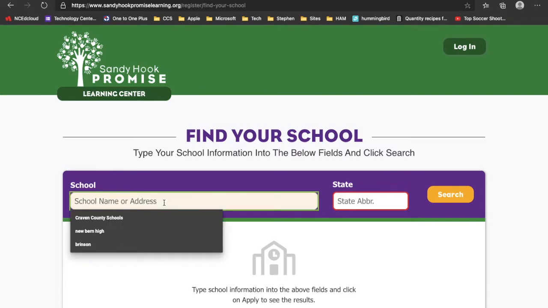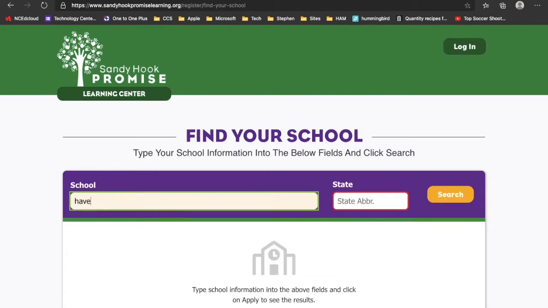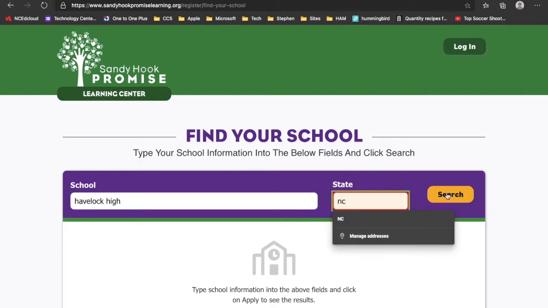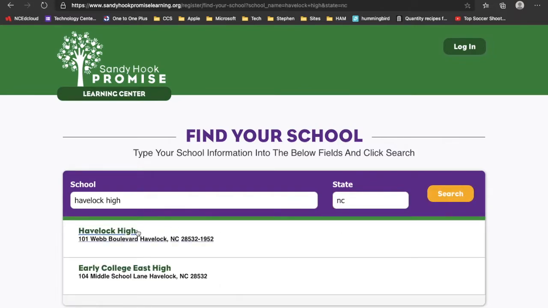Once you're in there, type in your school name and then add the state abbreviation. Click search and your school should appear. Select the school you would like to register with,